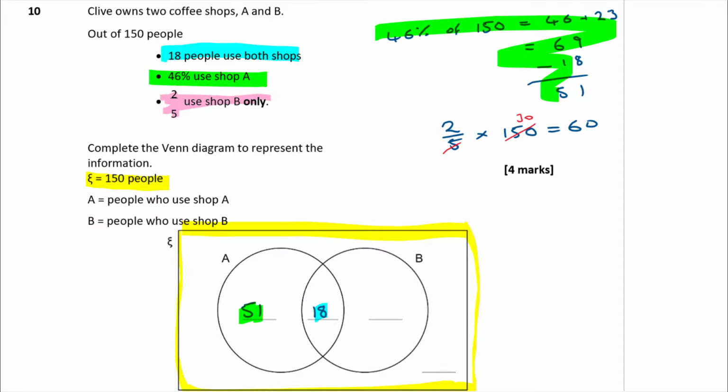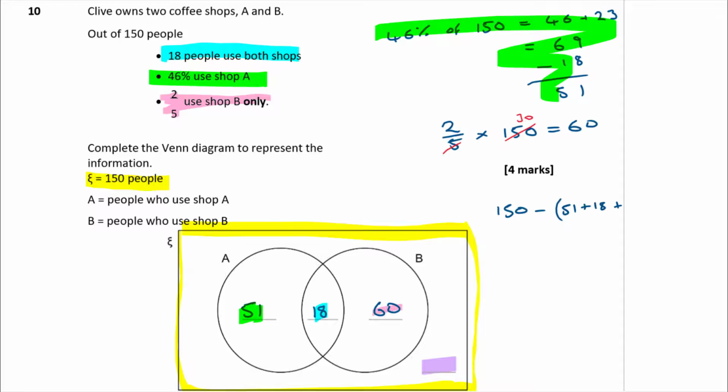Now again, oh no, this one says that that's shop B only. So that means all of those 60 we can write in that side there. Okay. Now we're not quite done yet because we've still got this section down here to fill out. Now we do happen to know there are 150 altogether. So if we then take the other 3 away from 150, so 150 minus the other 3, what's that,